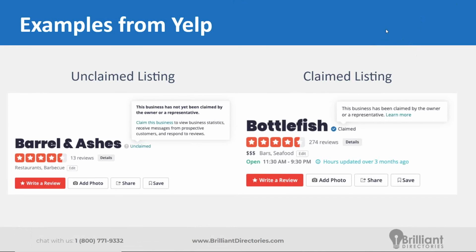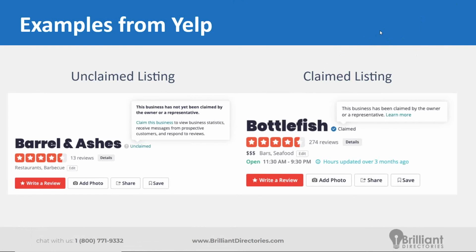And then over on the right, you can see this restaurant, Bottlefish. It does say that it has been claimed. So either the owner of the business actually made the listing themselves on Yelp, or Yelp already had the listing there and the owner saw their listing and they claimed it, and they've updated their hours. They've probably replied to the hundreds of reviews they have, etc. So that's just kind of a brief explanation of how it works, and how it works even on a website as common and popular as Yelp.